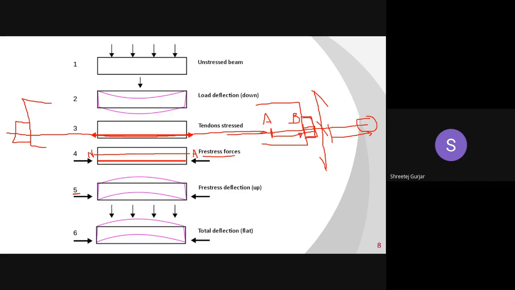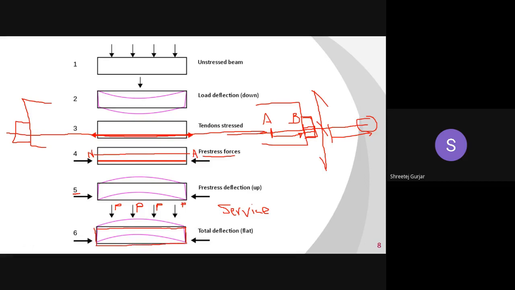So what happens is, when you put this beam under service and you load it, suppose there are multiple P amounts of loads that are coming. So what they will do is, they will bring back your deflected shape back to your normal shape, back to this straight shape. Total deflection will be zero in the end.